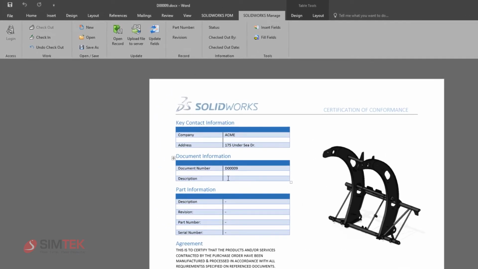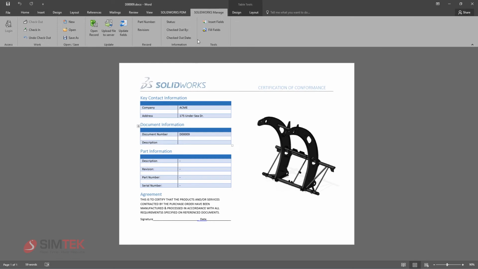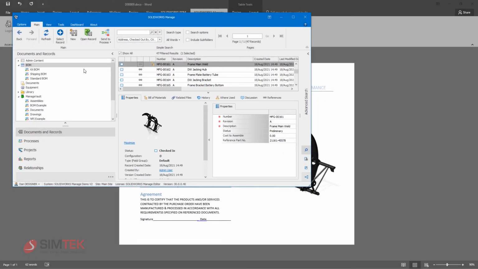New in 2022 is the Manage add-in for Microsoft Word, Excel, and PowerPoint. This add-in provides convenient access to common Manage commands. Document properties like the description of this Word document are easily added. In addition to referencing the active document properties, you can also access the properties from a completely different record, saving